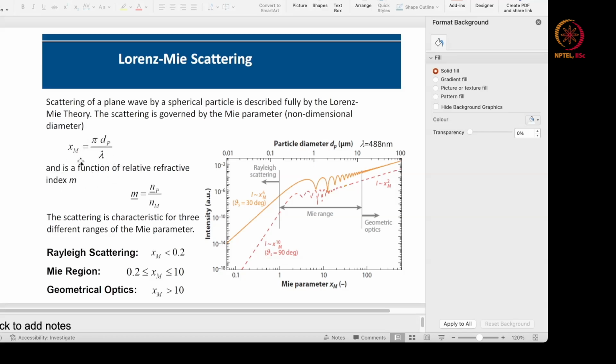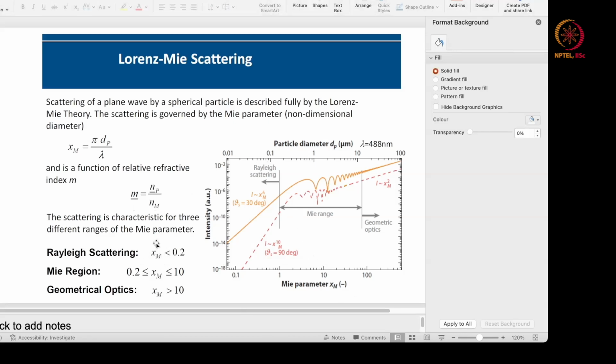And this is a function of the relative refractive index, which is NP by NM. So the scattering is characteristic of the different ranges of the Mie parameter. When the Mie parameter is less than 0.2, if you invert it, you will see it is less than 0.2 of lambda by pi. So when it is less than lambda by pi,